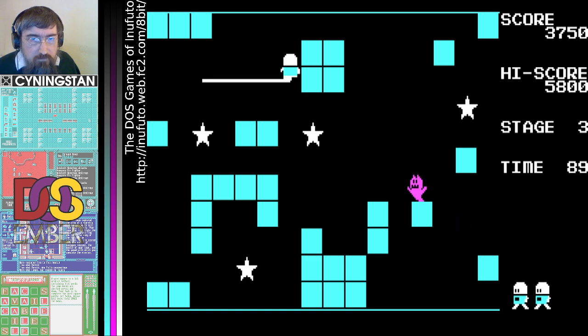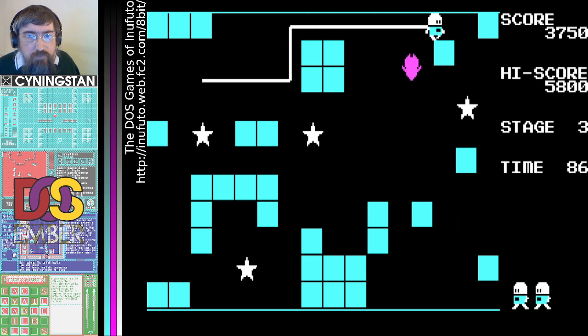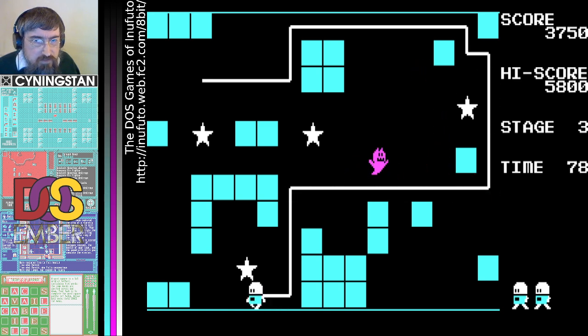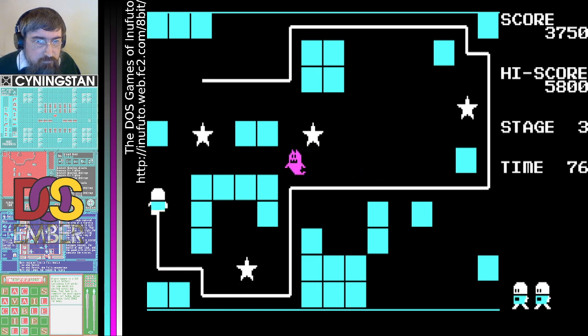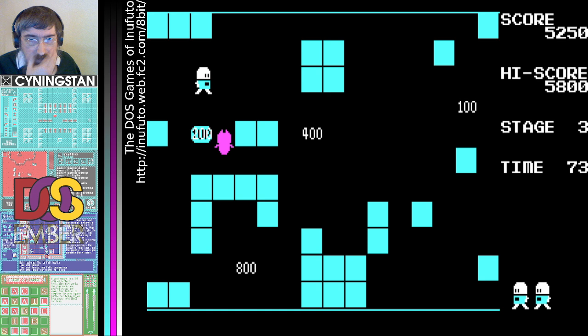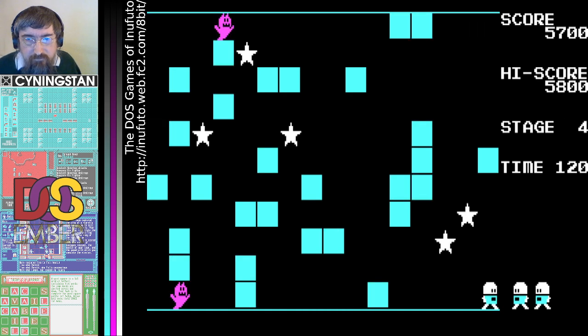Right, I remember how to do this one now. You go over this way, down this way. Did I manage it? Yes, I managed to get past the ghost. I think I did that a bit more cleanly than I did last time. Okay, 2 ghosts.